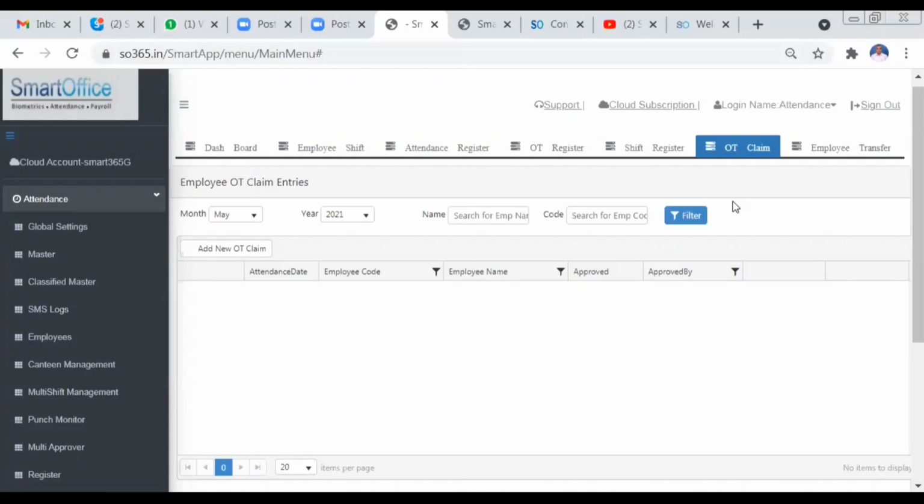See, here you have the OT claim option also. It means from the admin login, you can assign OT claims to your employees. Or from the ESS also you'll have the option, so that each individual employee can claim his or her OT.